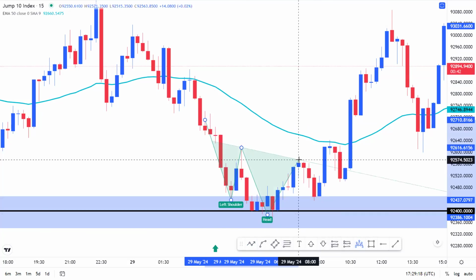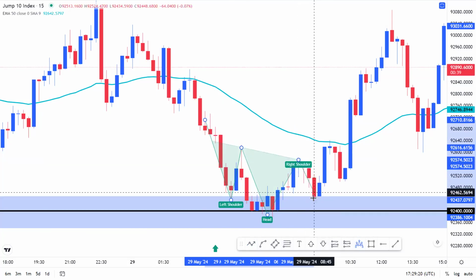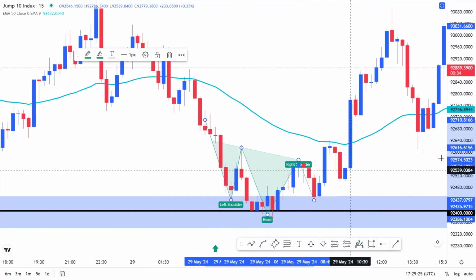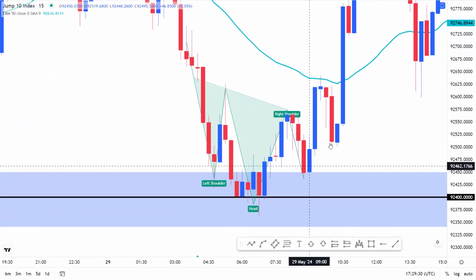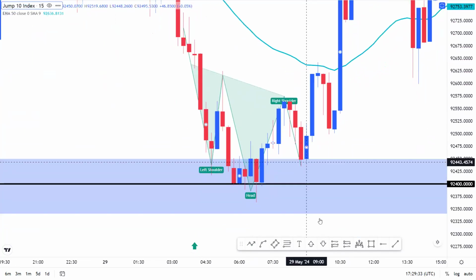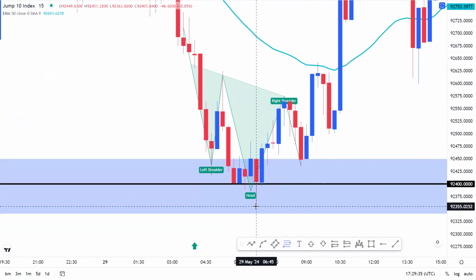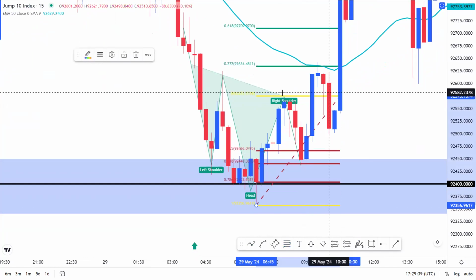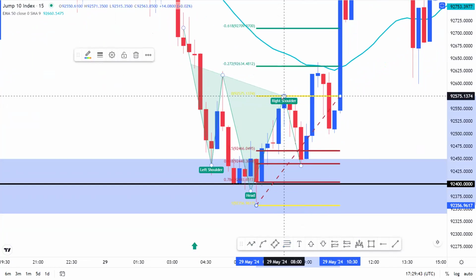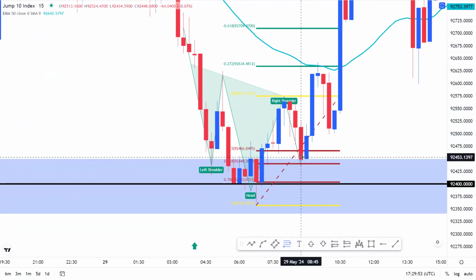And then as soon as we had this, it gave us our entry opportunity for buys at the retest of the potential formation of the right shoulder, but quickly bringing in our Fibonacci retracements while we had this impulse move here. And then at the formation of the potential right shoulder was where we sent a buy limit order,